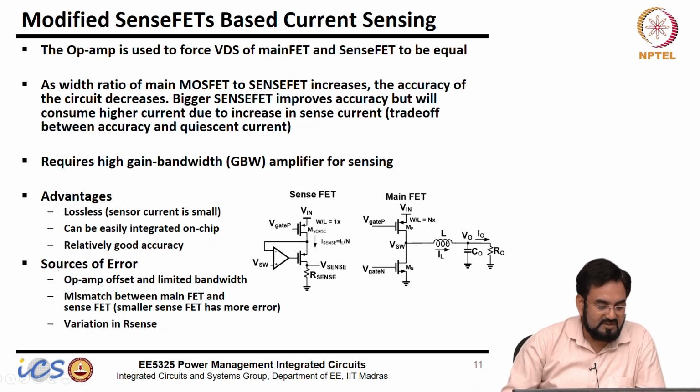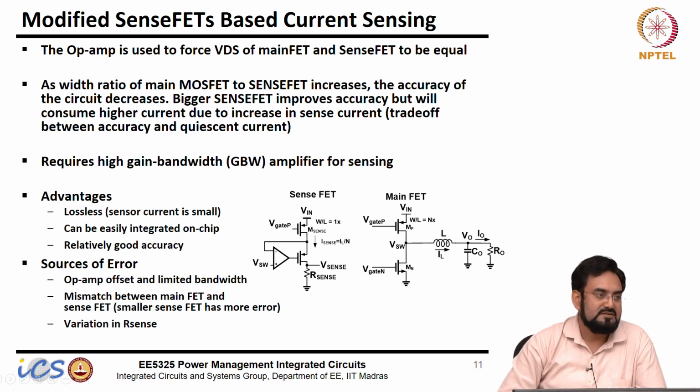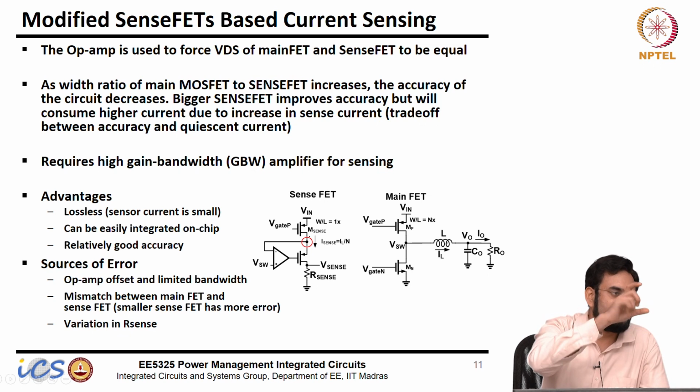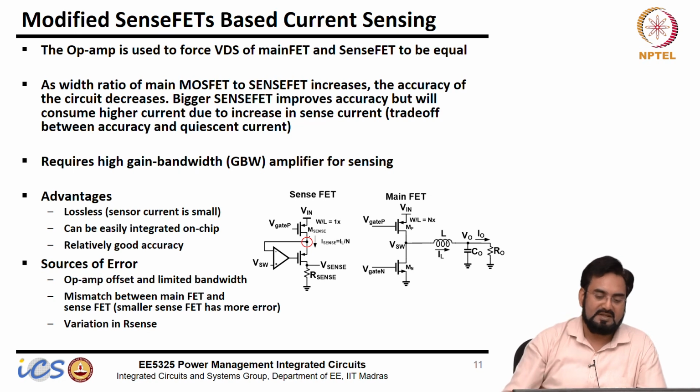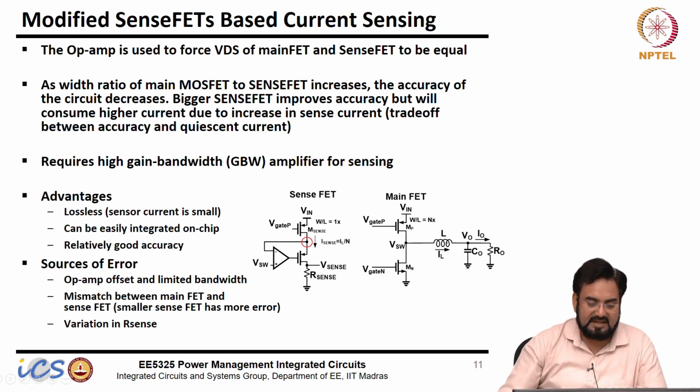Another source of error could be the offset, and if you have limited bandwidth, it will not track, so that will again give you error. I am looking here, this is a ramp. If you look at the voltage difference, it is a ramp, because current is rising, so the voltage will be a ramp here. So this has to track that ramp, and if I am not able to track properly, which means bandwidth is smaller, then I will always have some delta error, and that error will cause a difference in the current, so accuracy will go bad.